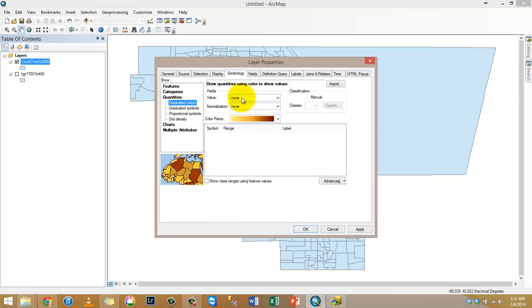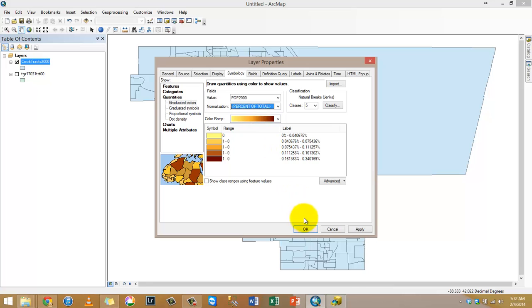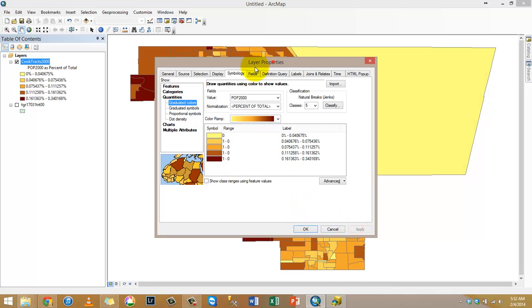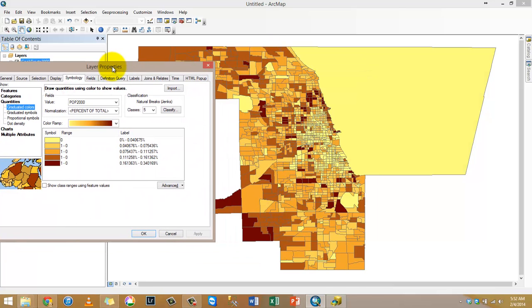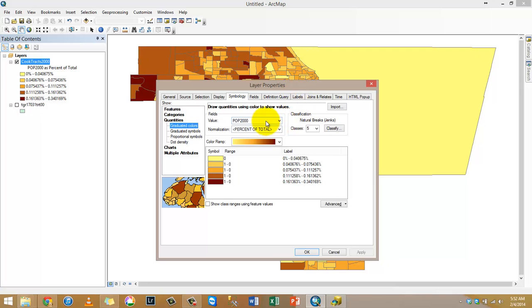Actually I should have gone with quantities, population of 2000. I'm going to normalize by percentage of total and see where the biggest tracts are, so to speak. Or I can do percentage of white,